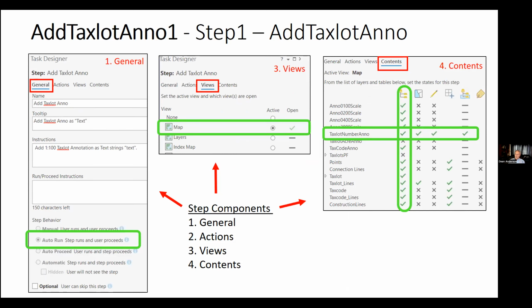And obviously, once you go to the designer, there are 4 different components of a task. You can enter the general information associated with the task, the basic documentation about what it is. And then down below, you can select how you want to run the task within the step environment. And then you can tell what map is going to be activated for that particular step, which is all good and also bad. And I'll go through that at the end. And then you can set your contents and decide what is editable, snappable, and so forth. And then the actions that take place